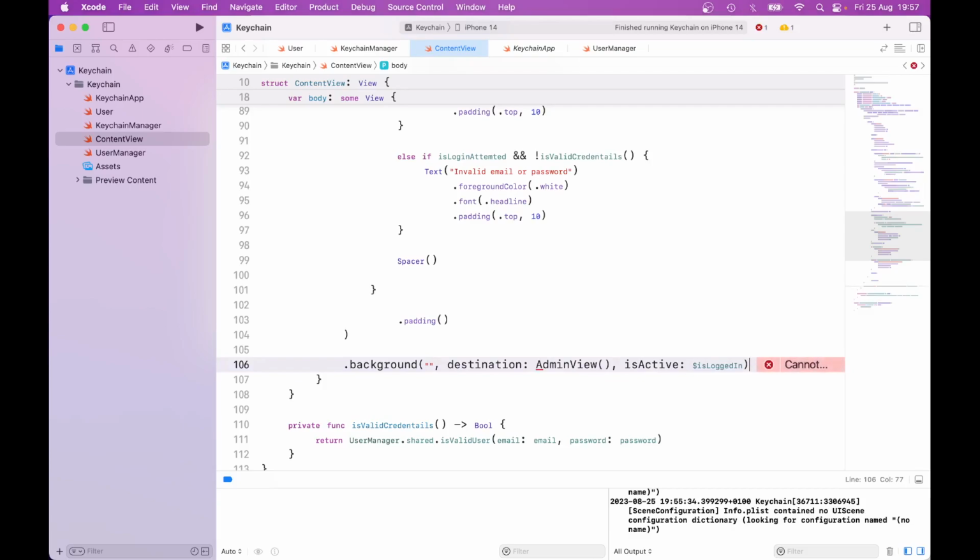So what that does is that when is logged in is true, the admin view will be displayed. So it will be like navigated to